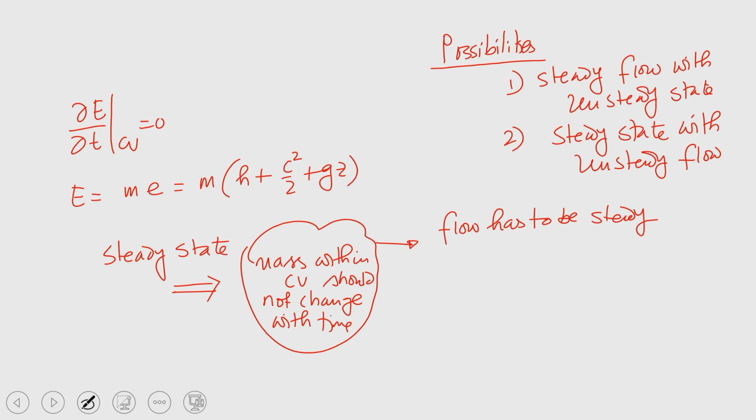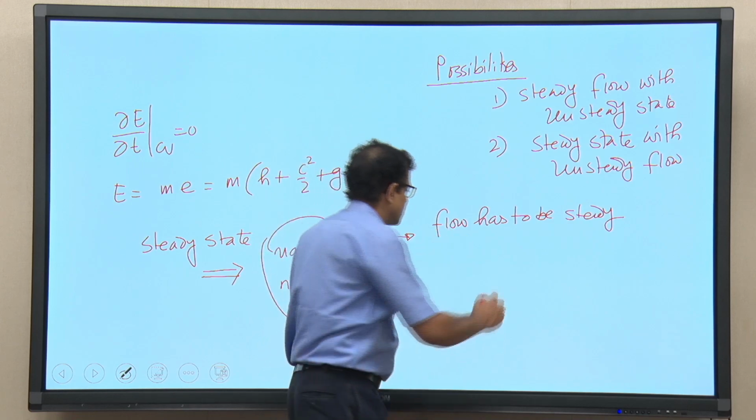If maybe the properties are not varying within the control volume with time, but mass is varying with time, even then we can't write that d/dt of CV will be equal to 0. To have d/dt CV equal to 0, mass within the control volume should not change with time. Also, the properties